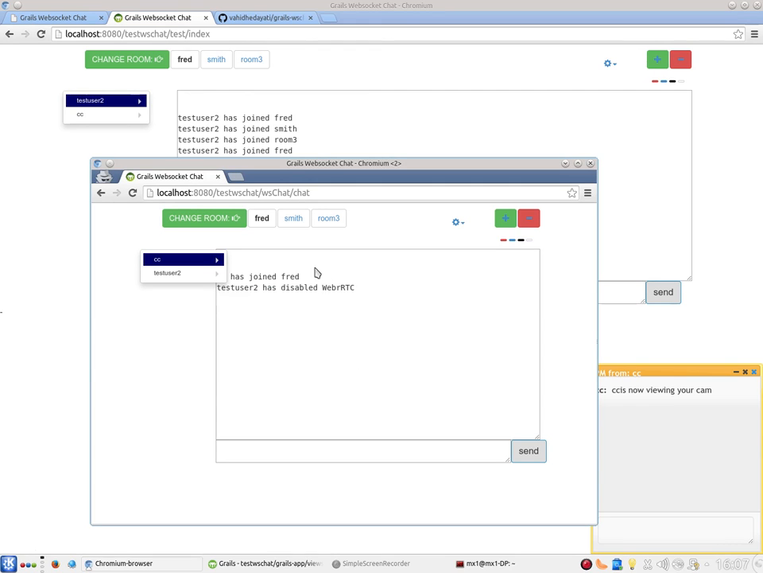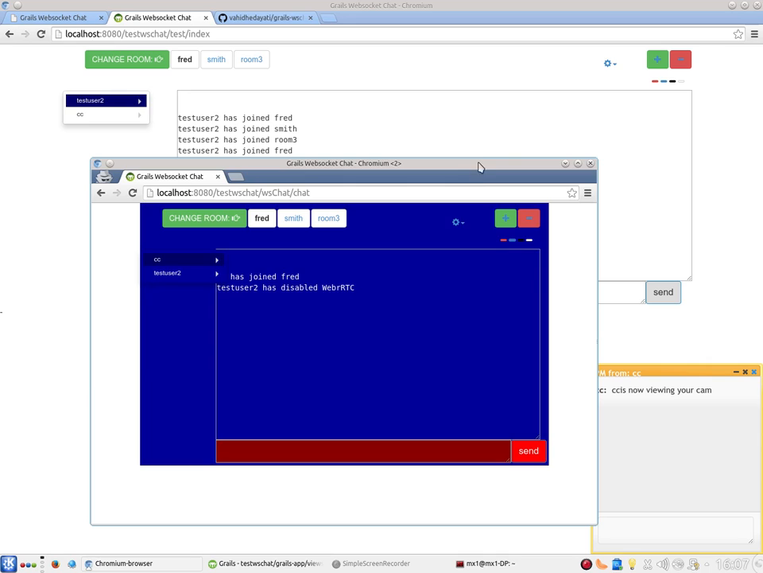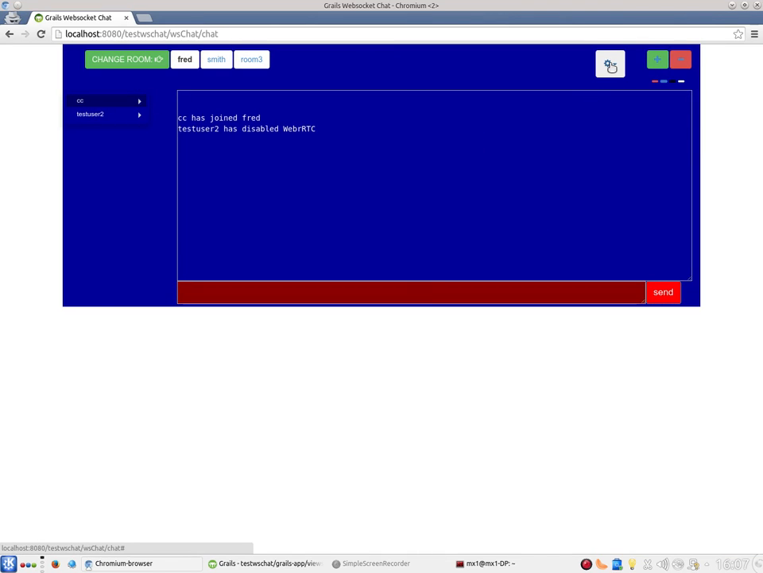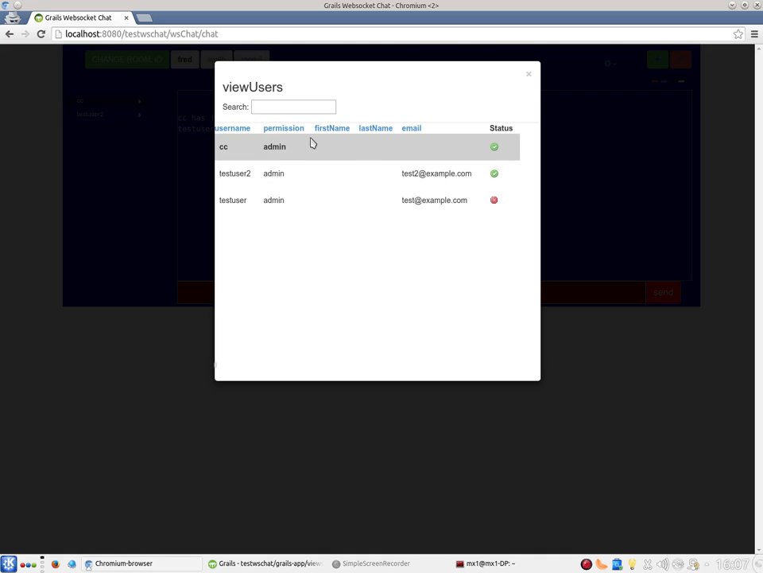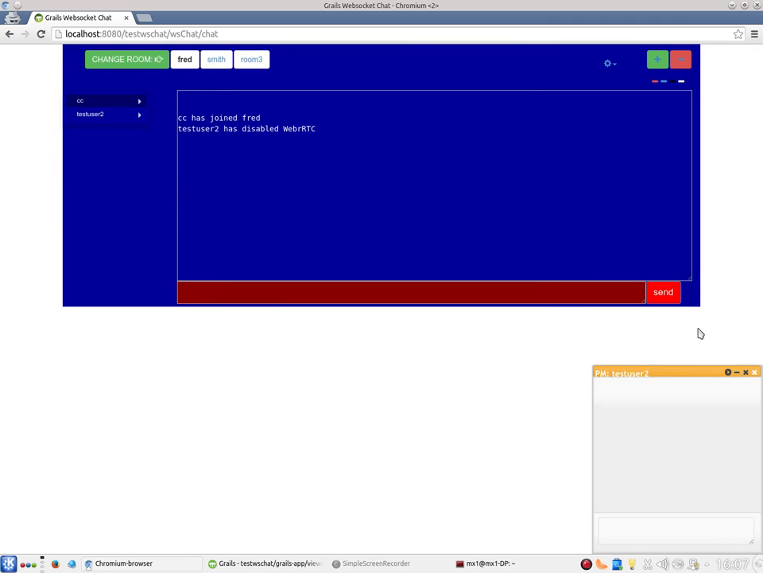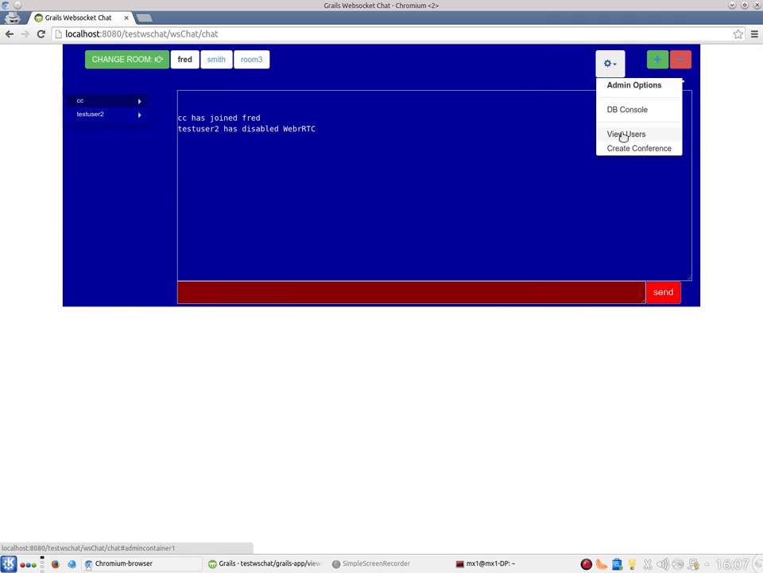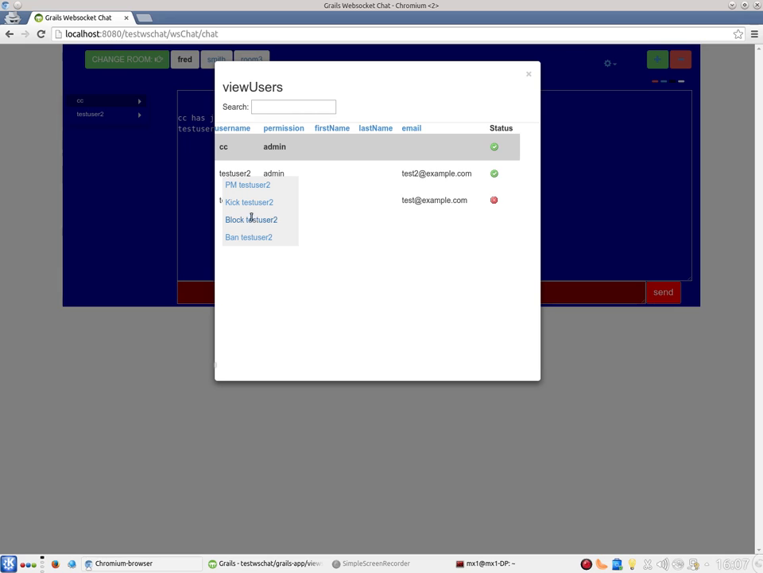Okay. Right. So some of the new features now. I'll go to a different colour. It's in this menu option here. And you can create a view users first of all, which will show you your users. This bit isn't working, but for example you can PM test user, or you can block or ban or whatever, and you can search for